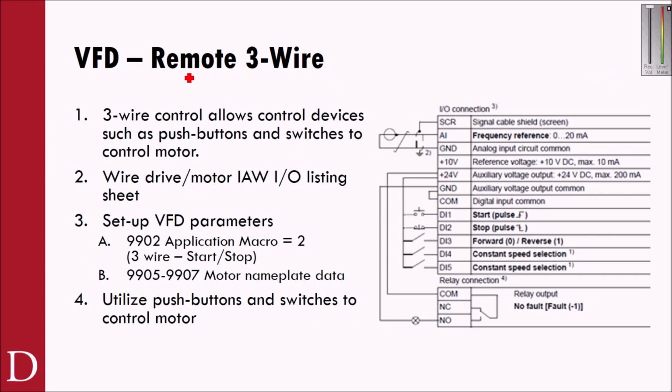3-wire control. So this is remote control now in what I call 3-wire. And you can think of this also as like a PLC output, but let's say you don't want a PLC output. Let's say you're just going to have a start-stop button. Here's the start and here's the stop button station, and you want to control this motor. By putting your VFD application macro parameter 9902, by setting it to the number 2, you can actually place it